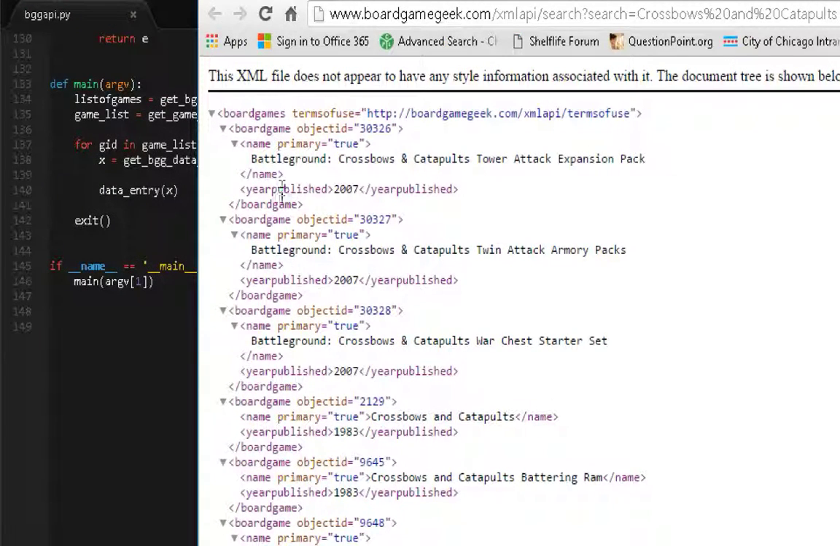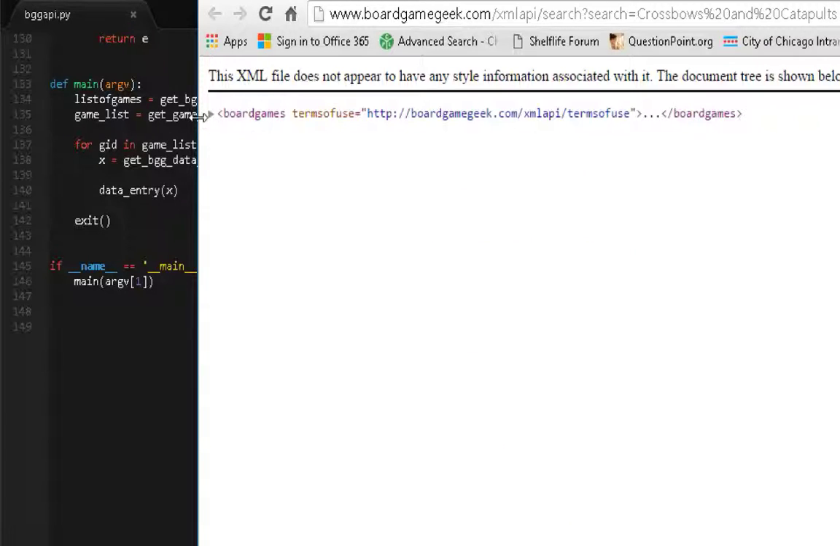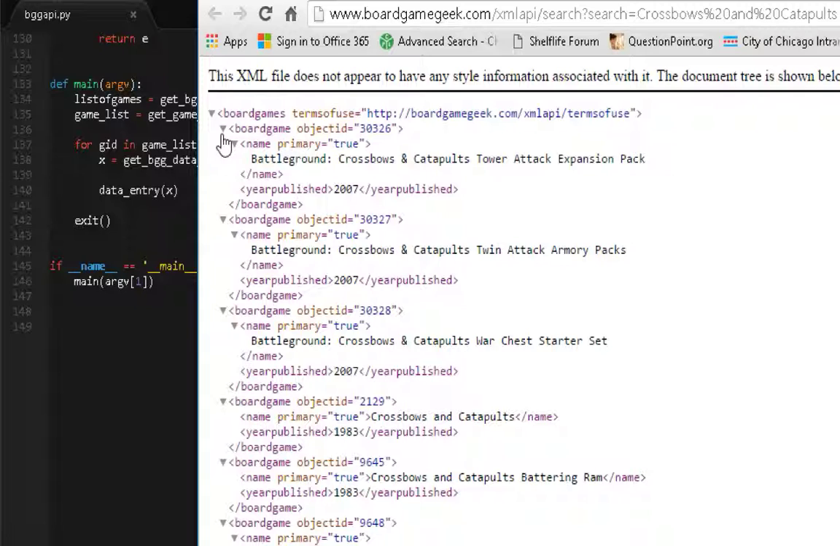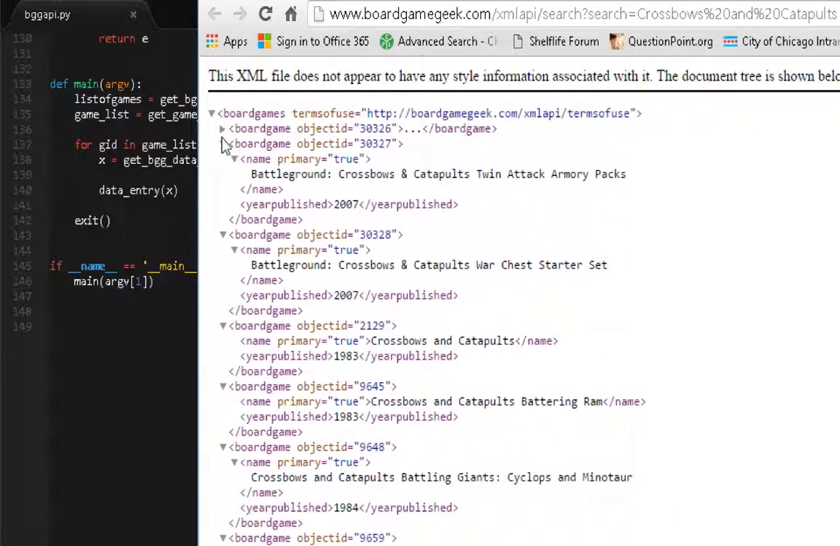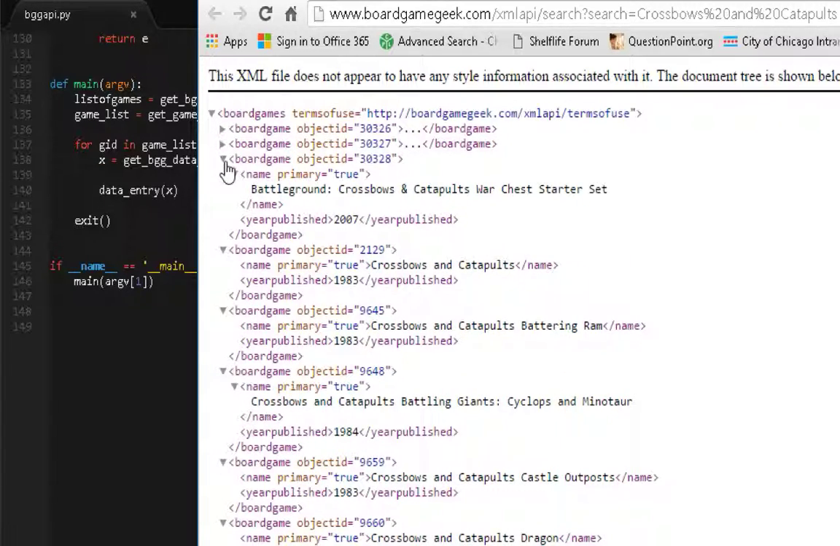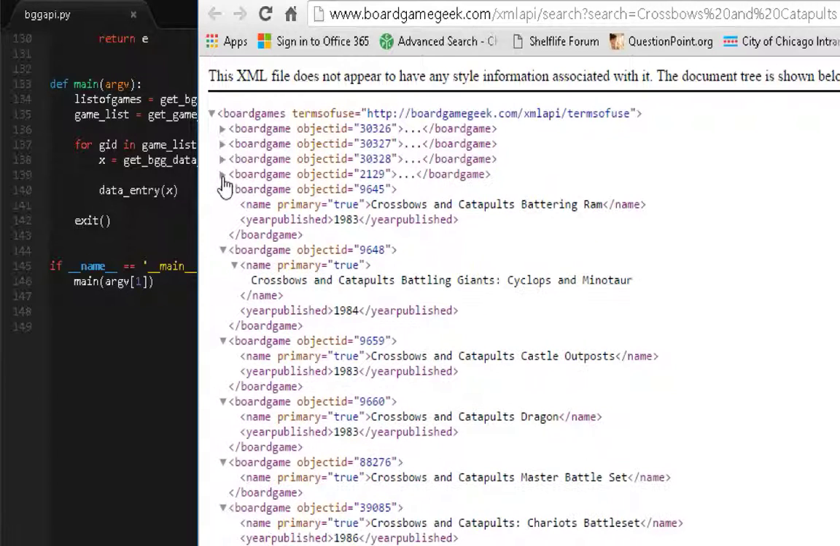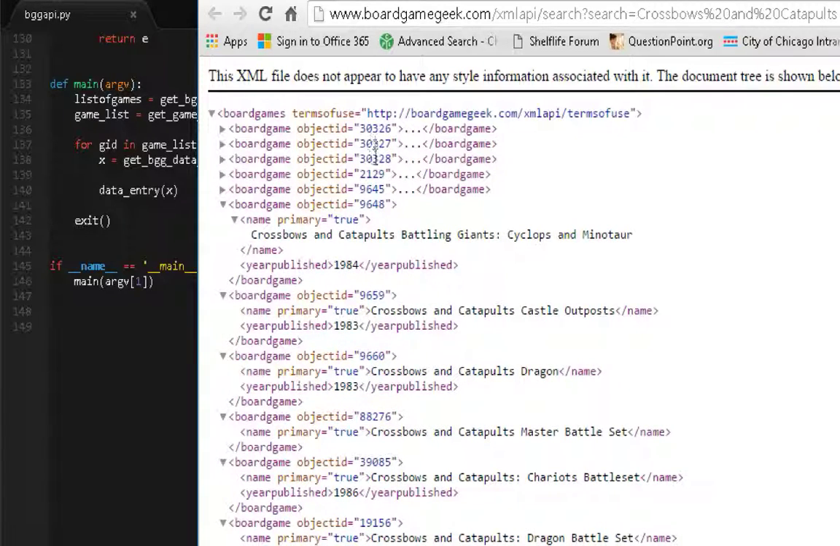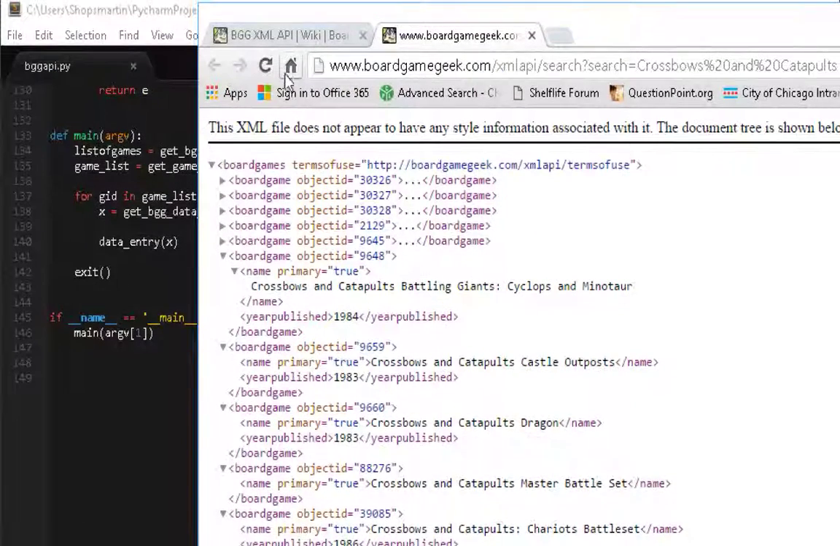Board game, XML. This is what I meant by a tree. See, there's the root. Here's all its children. Board game, and it gives you these IDs. So one of these functions goes in and just grabs all these IDs, and then we use those IDs to get all the information here,